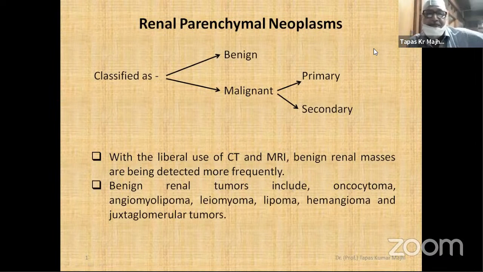With the liberal use of CT and MRI, benign renal masses are being detected more frequently. Benign renal tumors include oncocytoma, angiomyolipoma, leiomyoma, lipoma, hemangioma, and juxtaglomerular tumor. Of these, the clinically important tumors are,